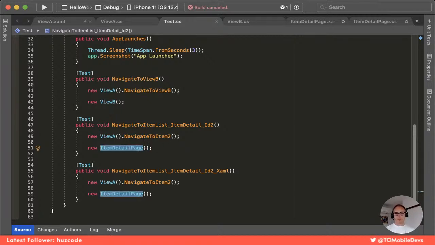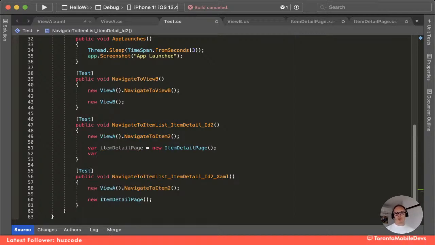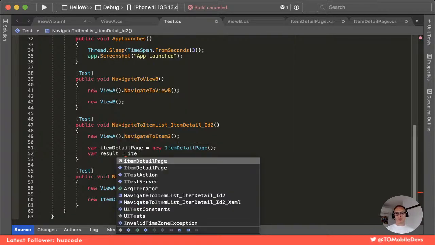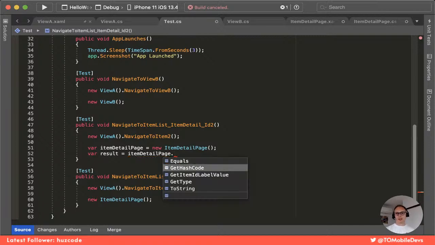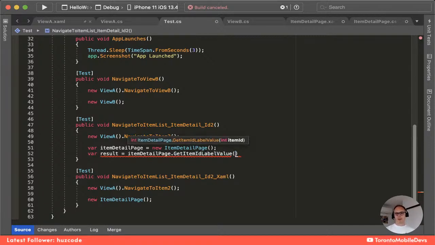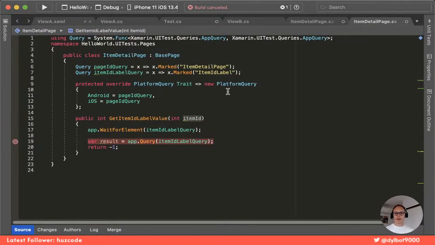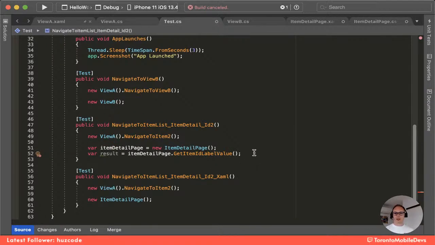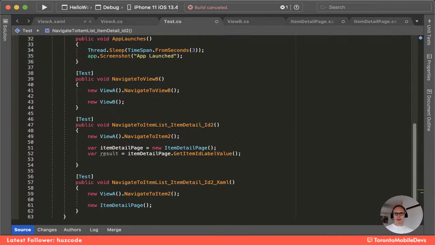So we actually want to var this into our item detail page. And then we want to get var result equals item detail page dot get item ID label value. And I don't know why I'm taking an int in there. That doesn't make any sense. Get item ID label value, and then we will assert